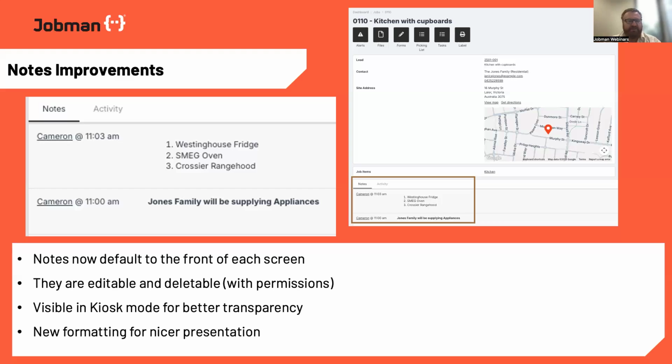So what we've done is a couple of big upgrades. The first upgrade is we've unanimously throughout the entire software moved notes to the front of all the dashboards. So as soon as you come to the front dashboard of a job or a lead or any area in the software, you will see that notes area now. And that's really important because if that's the first touch point for anyone, any of your project managers or sales teams or lead teams coming into that area, it makes the most sense that the first thing they should see